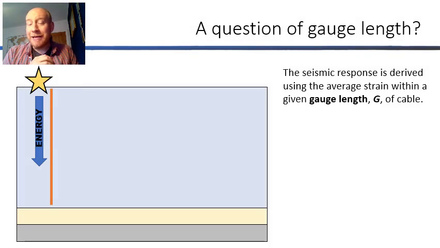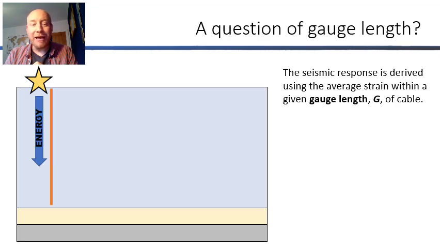So what I think explains these observations is an interplay between the frequency and wavelength components in the seismic data and the gauge length in the interrogator. This is a concept that I wish I'd known more about at the time of designing the survey, but I didn't. And as it happens, we either got really lucky or really unlucky, depending on which way you look at it, and I'll leave you to decide. But as I now know, the seismic response is derived using the average strain within a given gauge